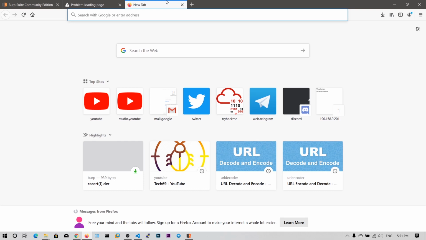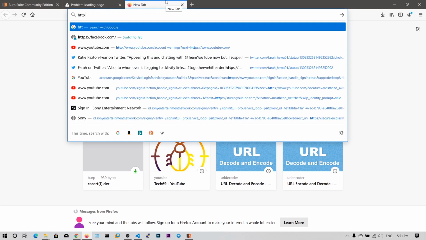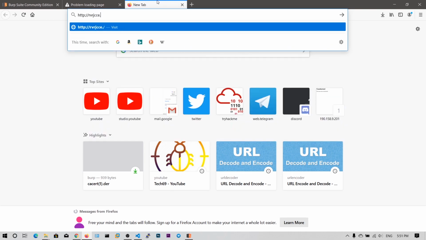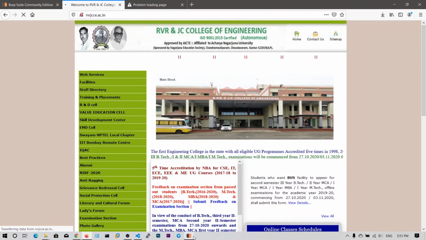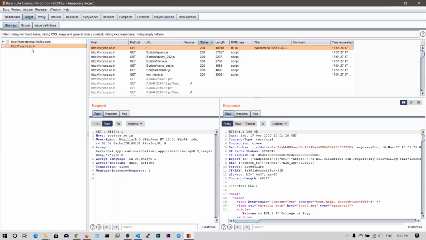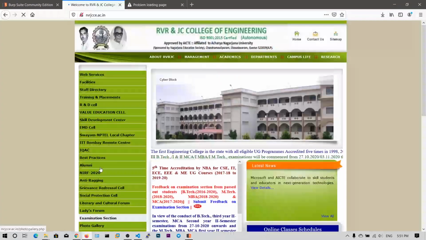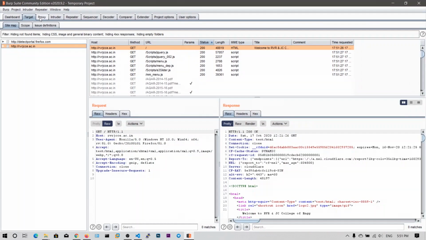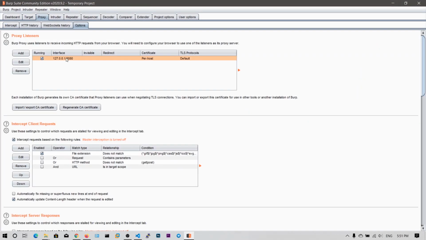Let's go to a normal website. Okay guys, now HTTP websites are working. You can see the target here. You can see the domain rojc.ac.in has been loaded successfully, but we are not capturing the data from HTTPS. I think we have set everything fine.